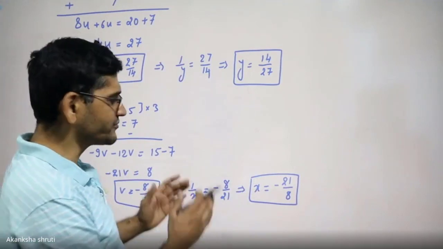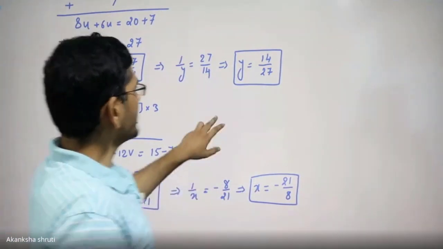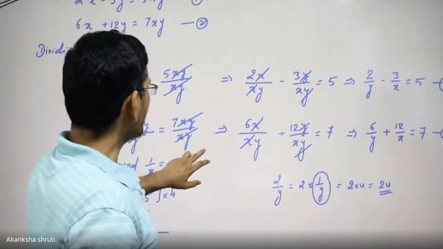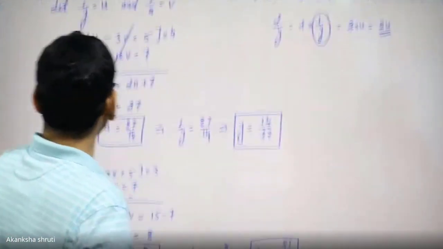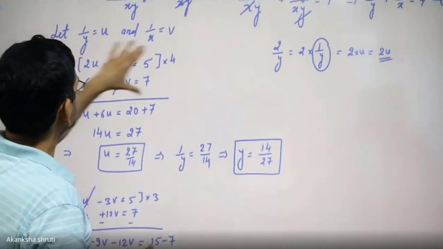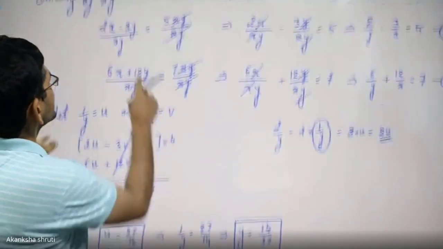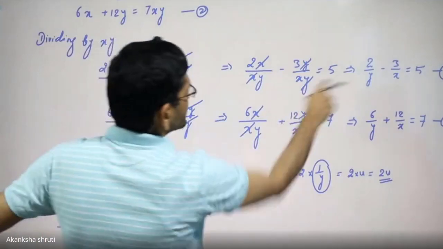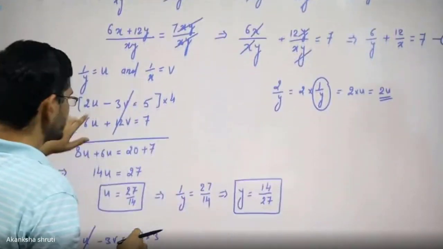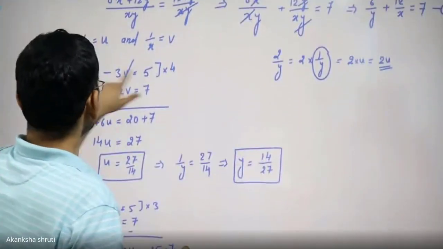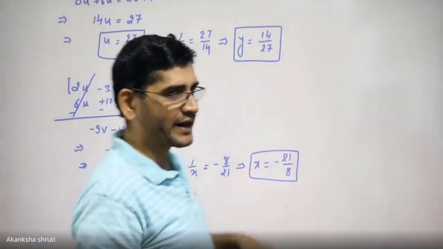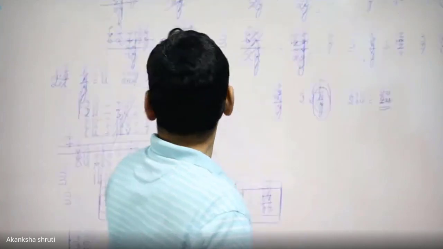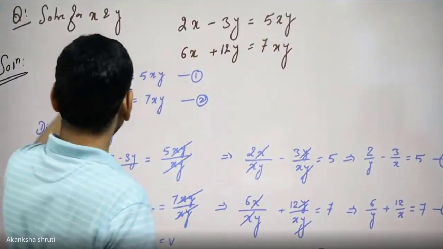So the method is very simple. Students, you just have to understand, you have to do such a substitution so that it gets converted into the linear. Like here we are getting, just by rearranging, or such division we have done, so that it has converted into the linear. That was the purpose, therefore we have done this. Students, even by more practice you can get that even this can also be solved without substitution.